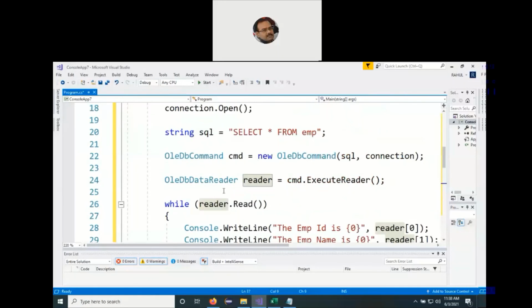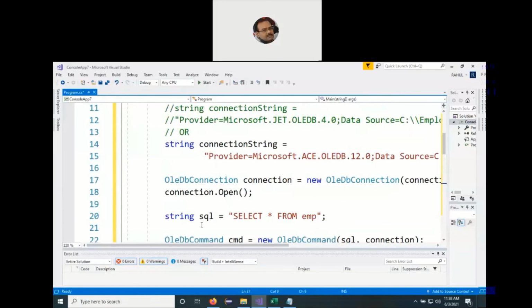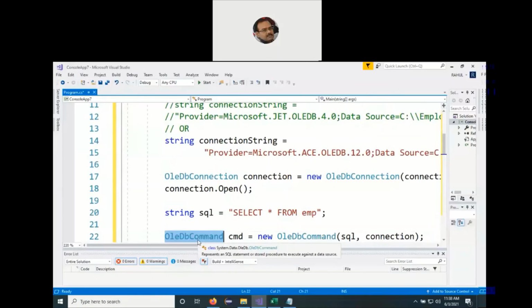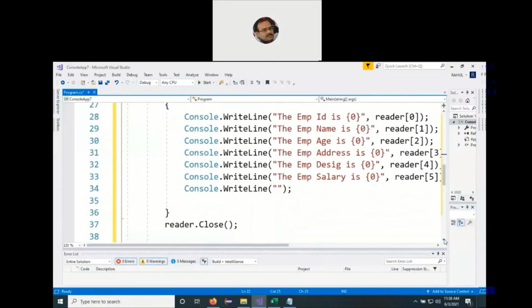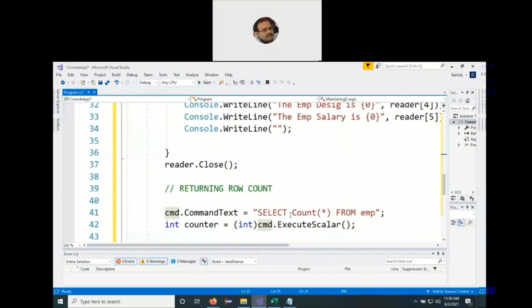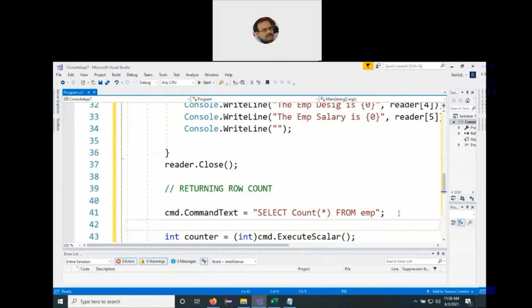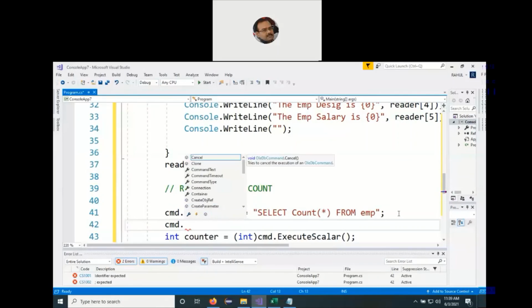We already have the OleDbCommand class at the top. We already got a reference variable called cmd, so we again make use of it. So we say cmd dot, and the CommandText. Now if you write here cmd dot, multiple functions associated with the OleDbCommand class will get displayed here.